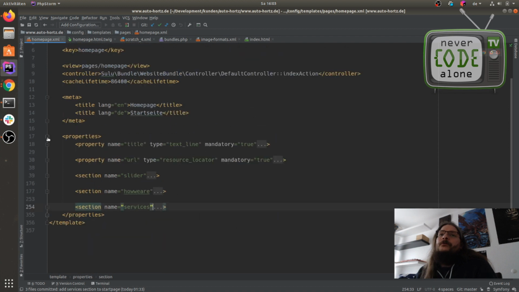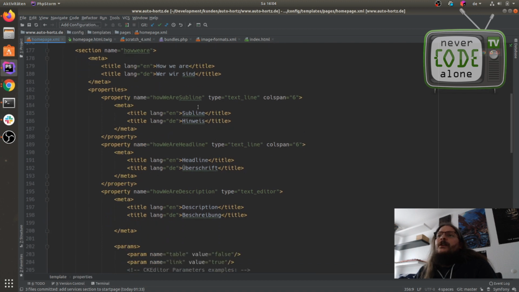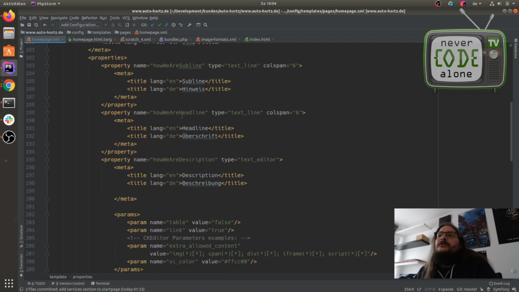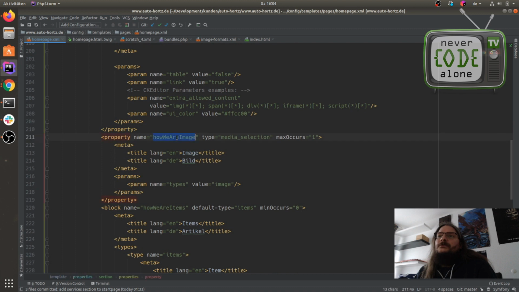Here's a section how we are, here's a section services. And at the beginning of my work with a new section, I start by adding a new section. Maybe I should show you what a section is. When you see the how we are section, we have a title, and then a subline, a headline, a description and also an image.